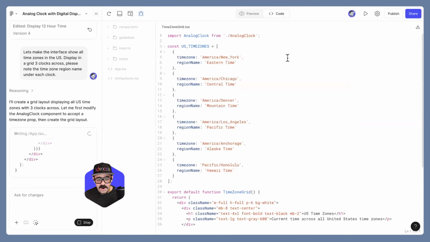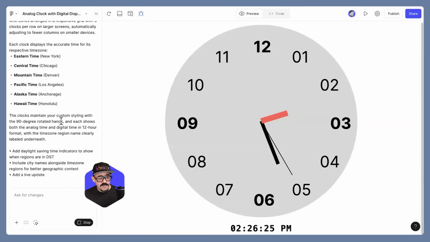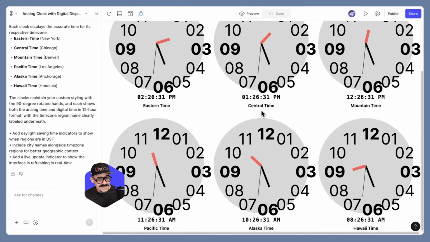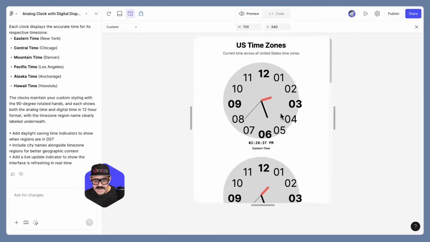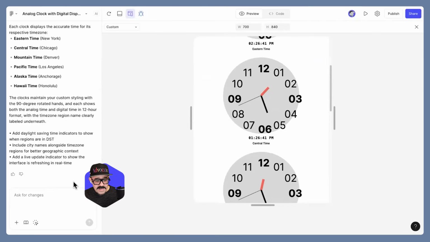We can even see the code begin to suss out. So the expectation here is we're going to see New York, Chicago, Denver, Los Angeles, Anchorage, and Honolulu. So when I go back to preview, once again, you could see that sometimes this works and sometimes it doesn't. So here we can go back into the mobile design and we could see that the numbers aren't displaying correctly. So what we could do here is we can basically say,